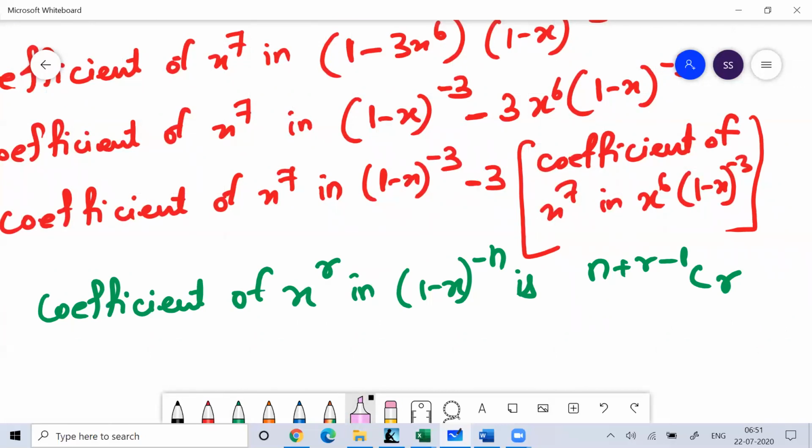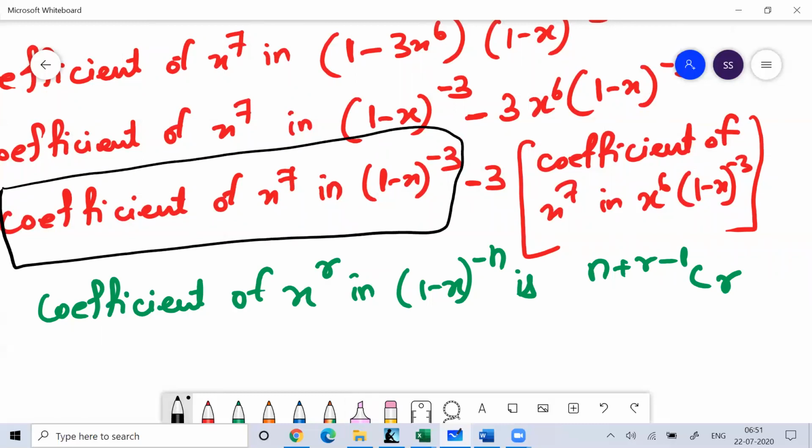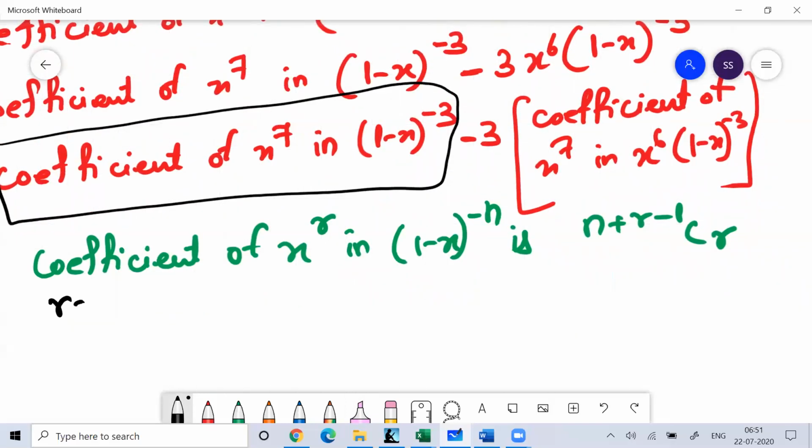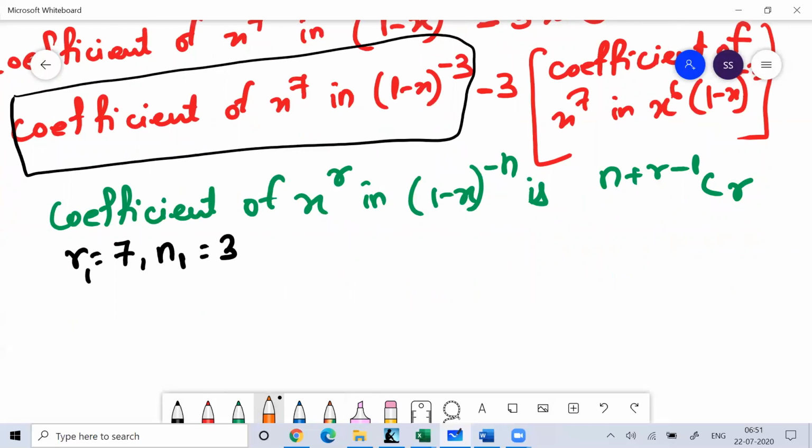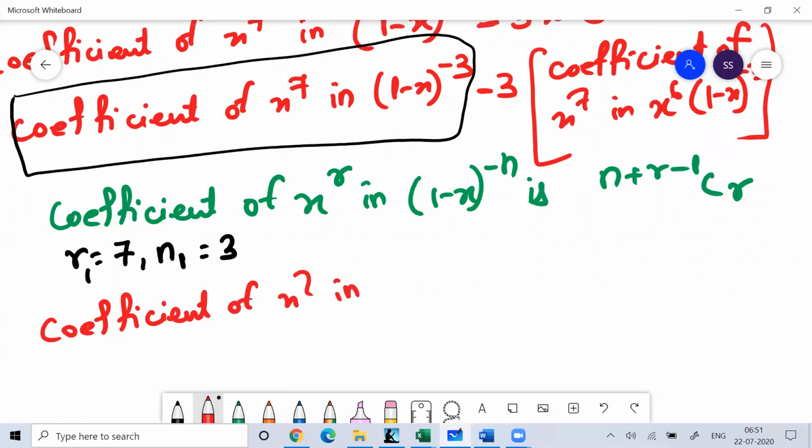So if you apply the same formula here, then in that context, your r would be 7, and your n would be 3. Okay. So what is the coefficient? You need to understand the coefficient of x to the power 7 in (1 minus x) to the power minus 3. That is basically 7 plus 3 minus 1 C 7, okay,